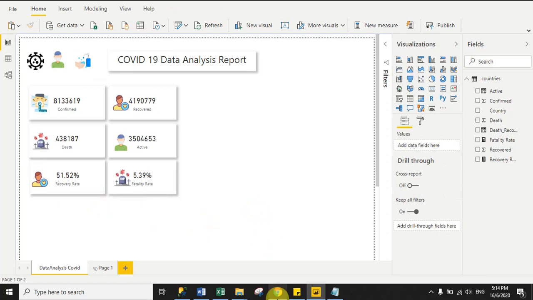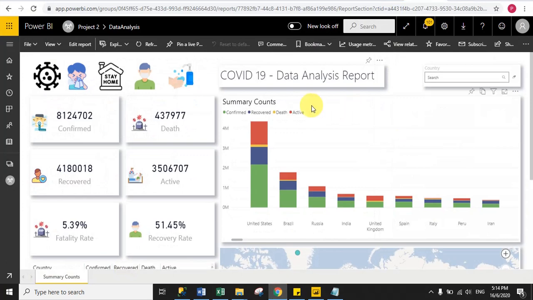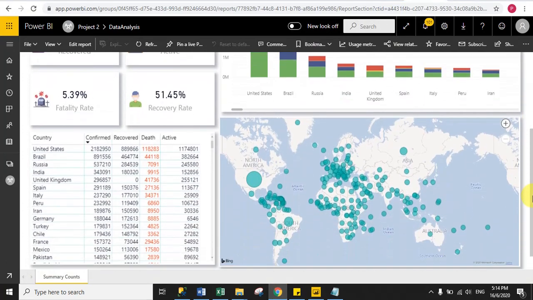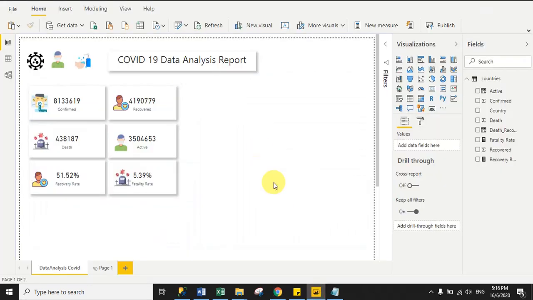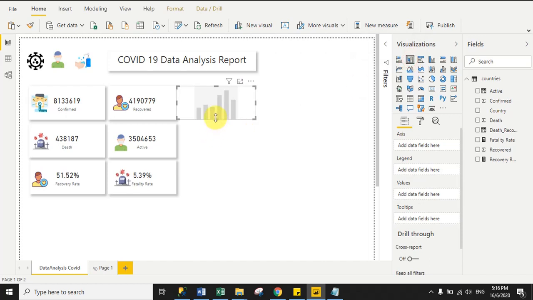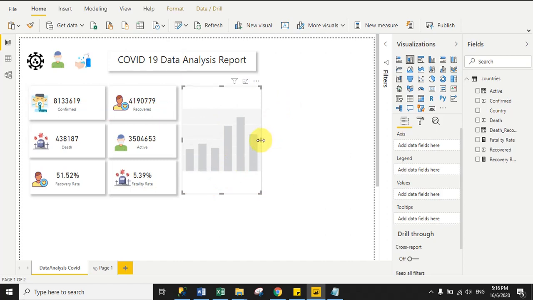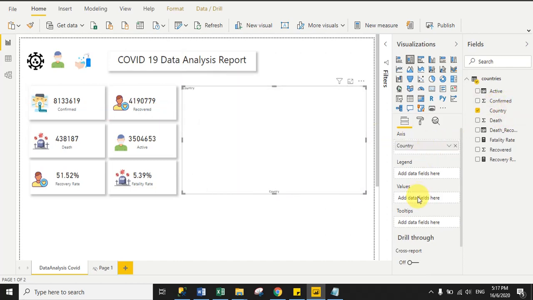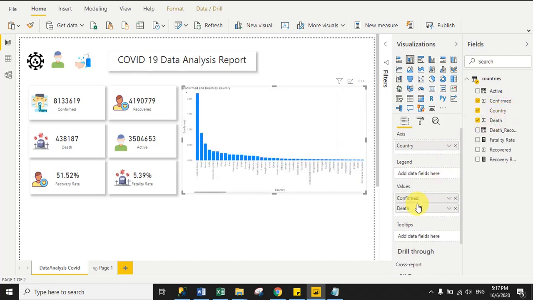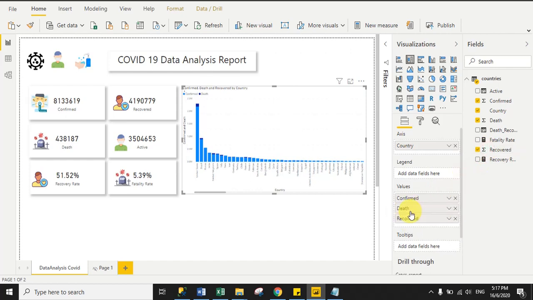So now back to the original report. So we need some column chart, map chart and table visuals. Now back to Power BI Desktop. Now drag the stacked column chart from the Visualizations pane and increase the height and width for the stacked column chart, and in the x-axis drag the country, and in the values section drag the confirmed cases and death cases, after that recovered cases, and we need active count as well, right?